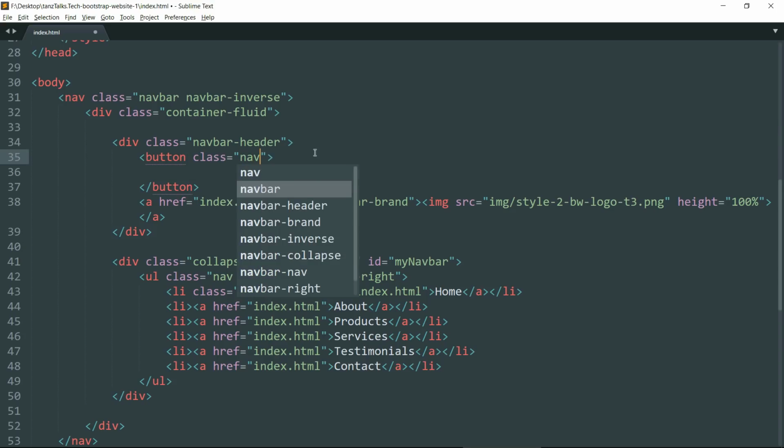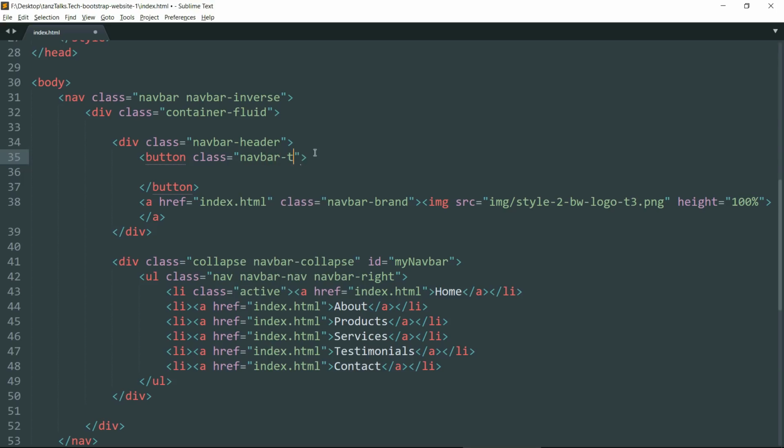Give it a class of navbar-toggle, a type of button, data-toggle collapse, and data-target #mynavbar.